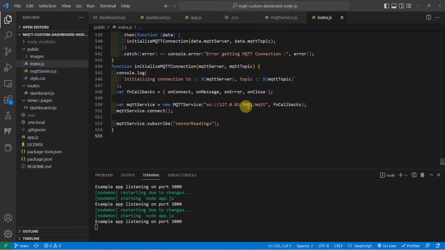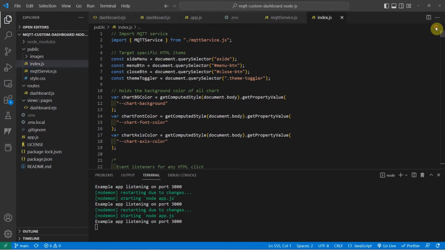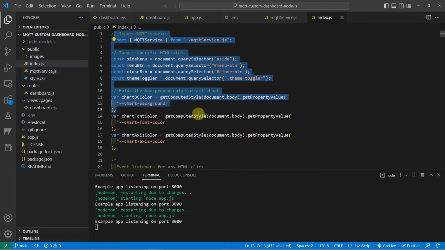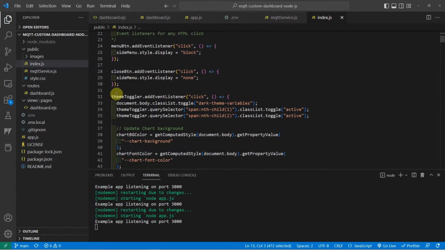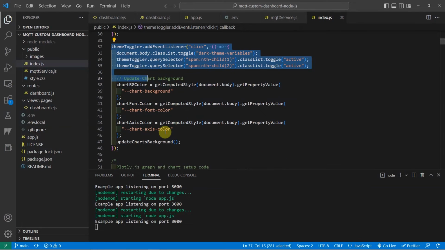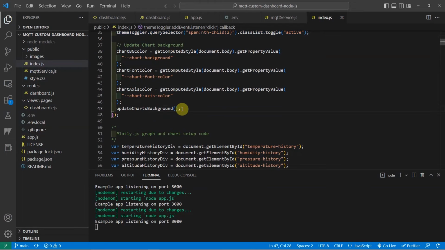The index.js is the main backbone of our project. It first initializes all the configurations needed by our web application, such as importing our MQTT service class from my MQTT service.js. It also adds event listeners to the different HTML components, just like when we change the theme from dark to light, so it updates the chart's background.